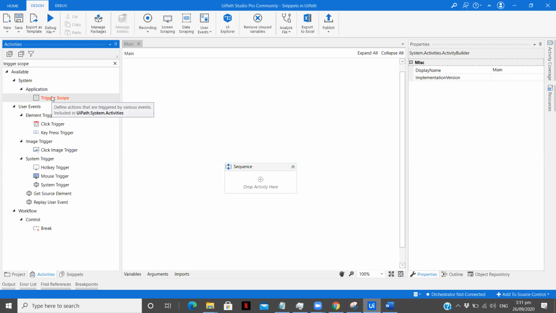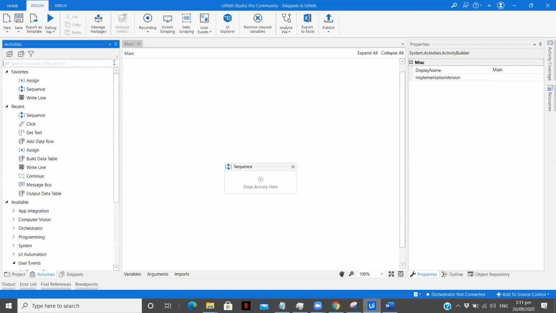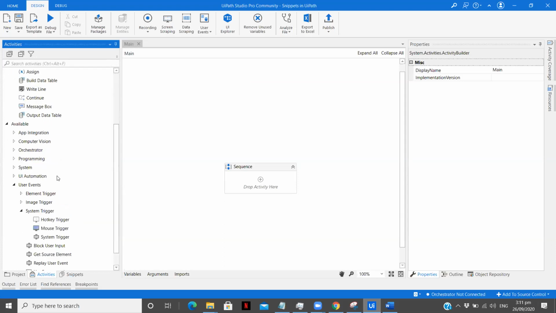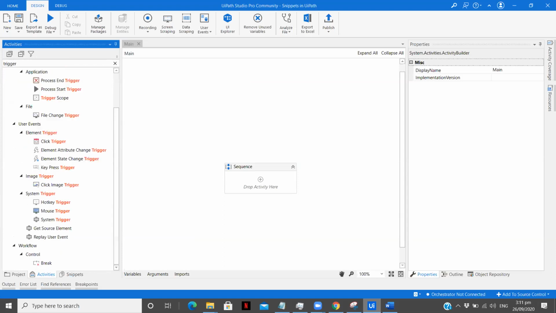Defines actions that are triggered by various events included in UiPath.System.Activities. Now why is it written UiPath.System.Activities? Because you see they are already available over here, and inside the system trigger, we have this particular set of activities. So that's why in trigger scope it is mentioned as UiPath.System.Activities.